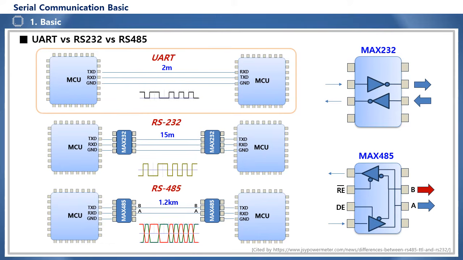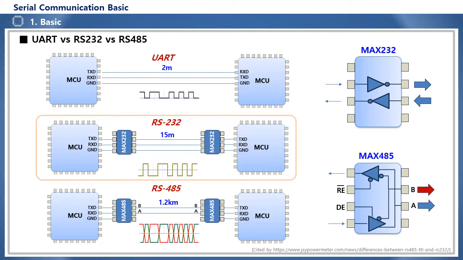Since there is no clock line and only data is sent and received, it can be seen that it is a full duplex asynchronous communication. As mentioned above, UART is a communication method applied on the board within the system, and RS-232 has the same basic communication protocol as UART, but it is a standard communication specification that came out to secure the communication distance with a maximum of 15 meters.